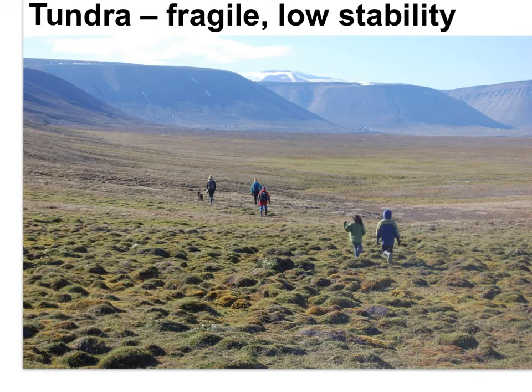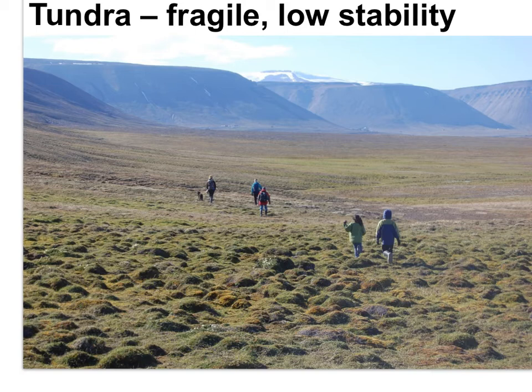The tundra is a very fragile ecosystem. It is easily disturbed, and it does not bounce back quickly. The tundra has low stability. Due to the low rates of growth and the long dark winters, if the tundra is disturbed, the scar of disturbance